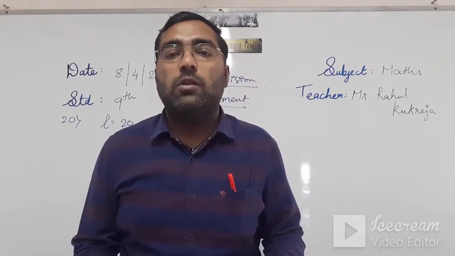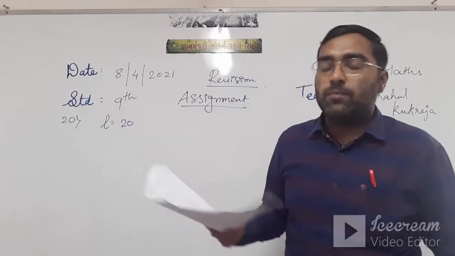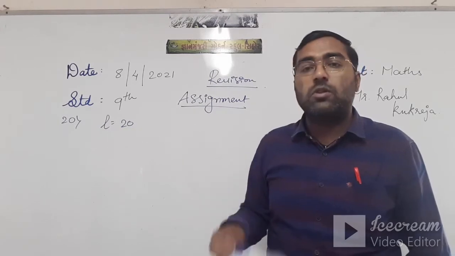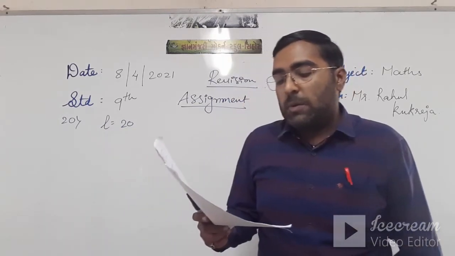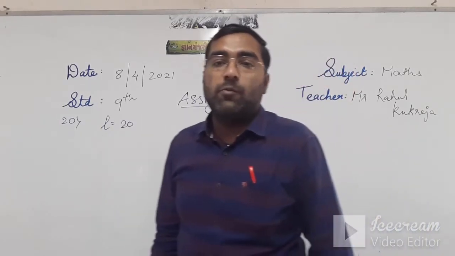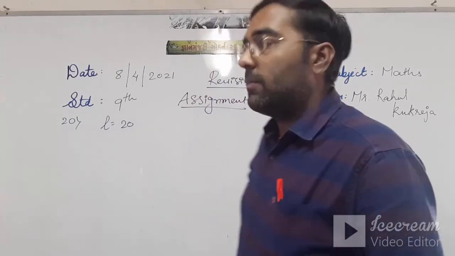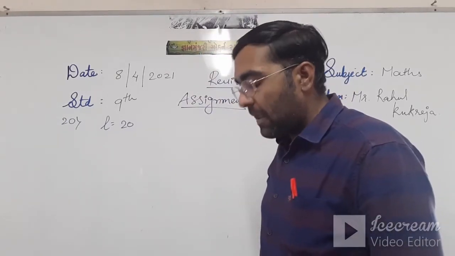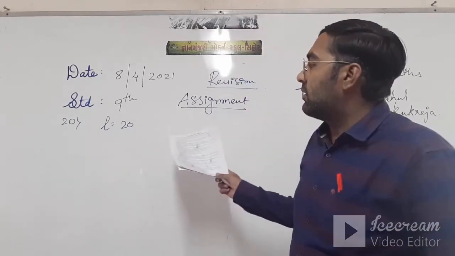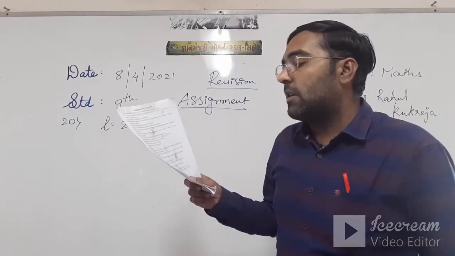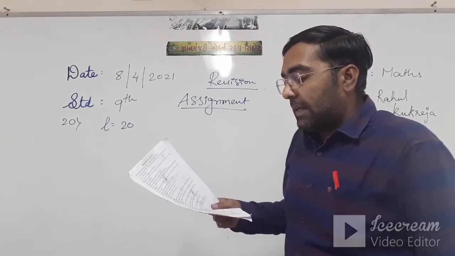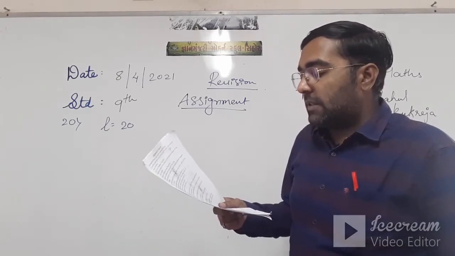In today's session, we are moving on to the assignment questions. Again from question number 19, sorry, question number 18. But before we move on to question number 18, first of all we are going to do question number 20, and after that we will do questions 18 and 19. Clear? So question number 20: find the total surface area of a cone if its slant height is 21 meter.